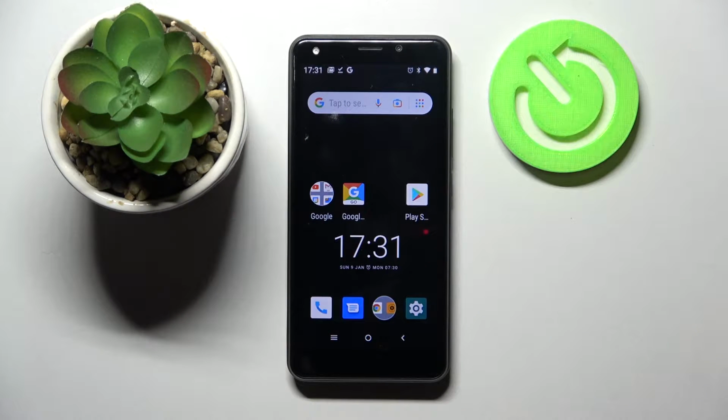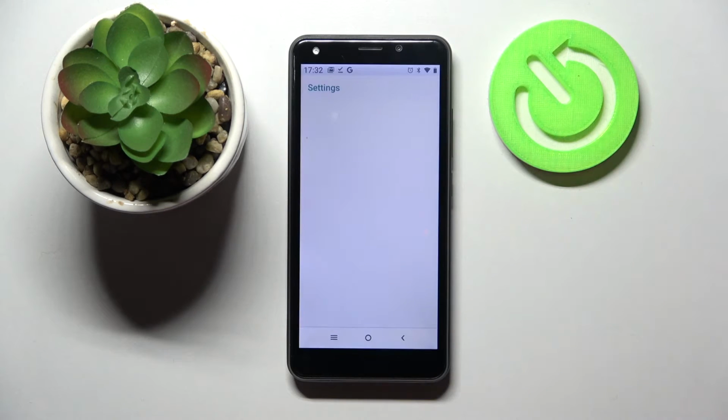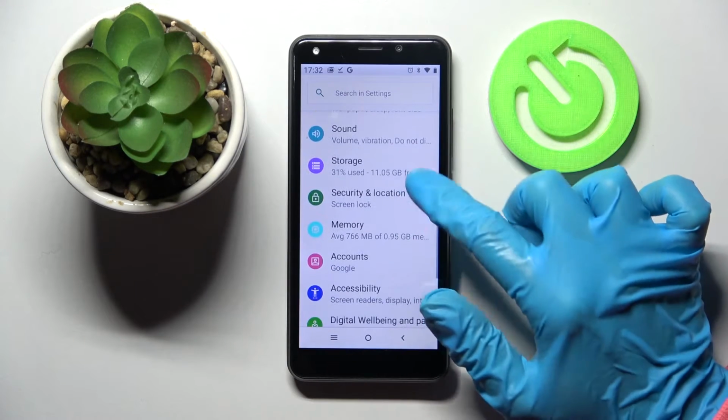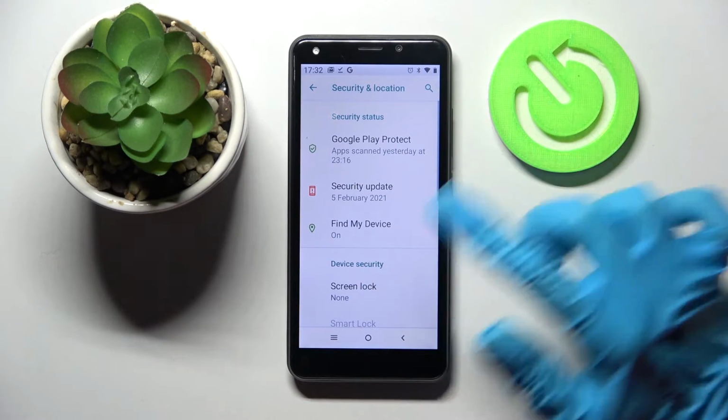Hi! In front of me is STK Life 9 and today I would like to show you how you can add screen lock on this device. Start by opening settings. Now you need to scroll down, select security and location, tap on screen lock and pick